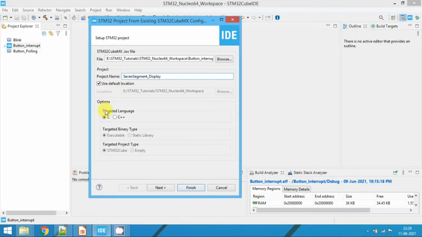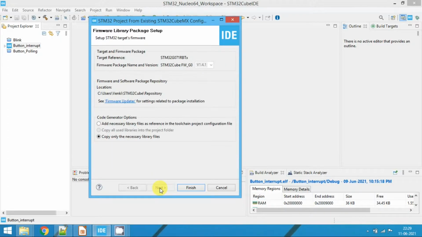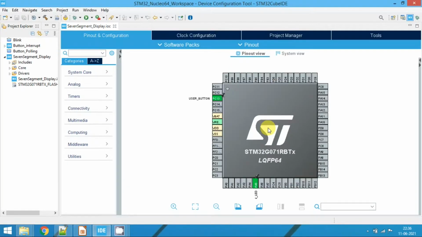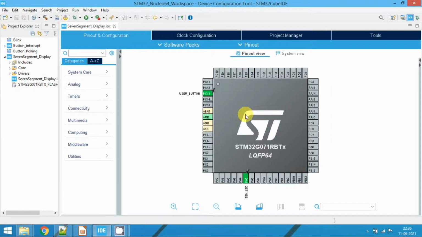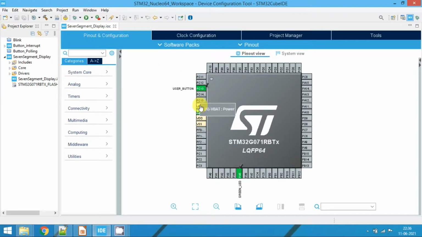Make sure that everything is selected as default, then click on Next and then click on Finish. Now you can see that the project is created based on the previous project, button_interrupt. The advantage of creating the project using an existing IOC file is that the CubeIDE will import all the project configuration from the previous project. So now we have copied all this configuration to the 7-segment display project, because we would like to use all these things.